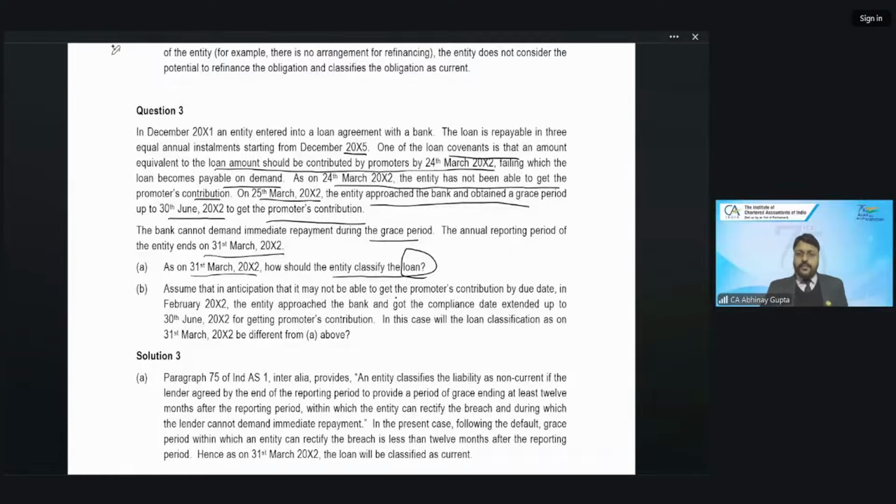See, whenever we say any liability is non-current, it is only when we have the settlement obligation after 12 months from the reporting date. But in this case, what is happening? My year end date is 31st March, correct? Yes, sir. And I am getting the extension up to which date? 30th June only. So it is 3 months only. Yes or no? Yes, sir. So in spite of having the extension or grace period agreed upon, I have the obligation within the next 3 months only, right? And by virtue of not having a minimum of 12 months from the reporting date, it will be current,